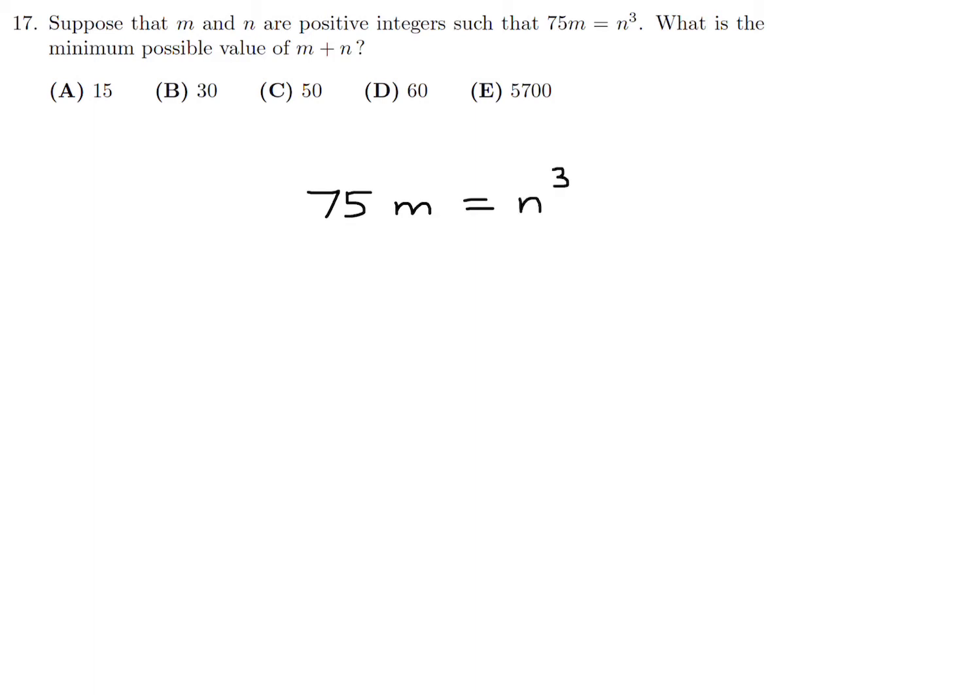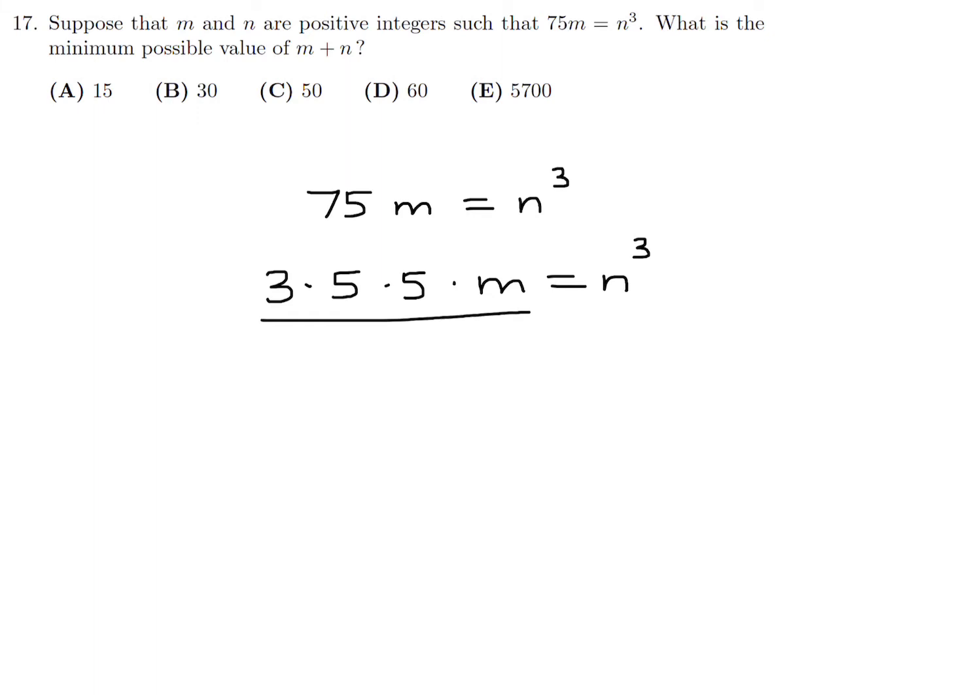So first, let's break up 75 into its prime factors: 3 times 5 times 5. And we've got this m, and this is n to the power of 3. Now, m and n are both positive integers, so this whole thing must be a cube, right? That's the only way. If you take the cube root, it's going to be equal to n, which is an integer. So this has to be